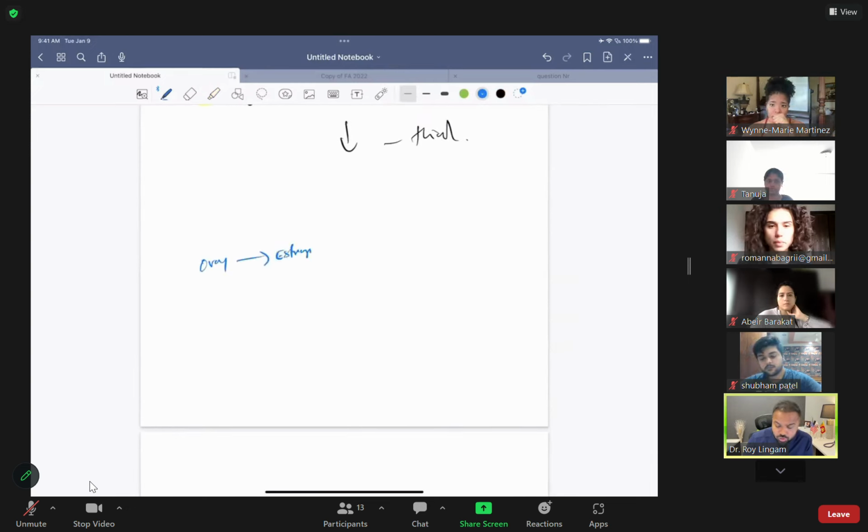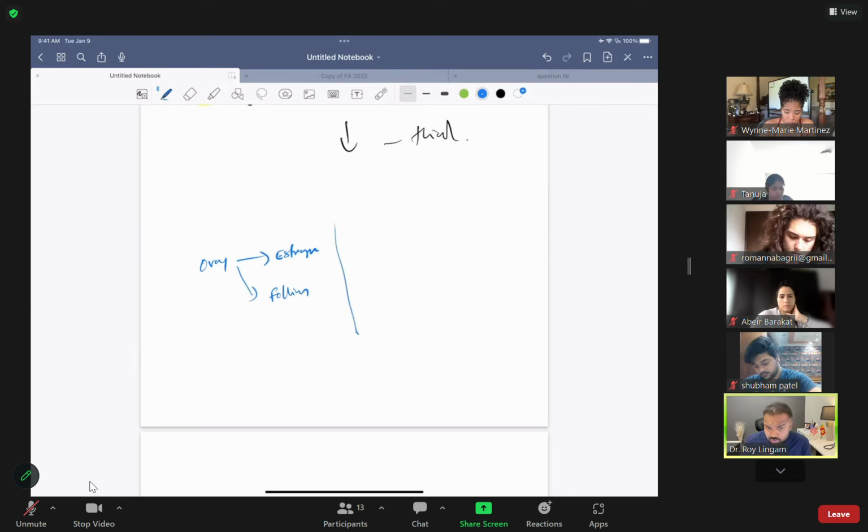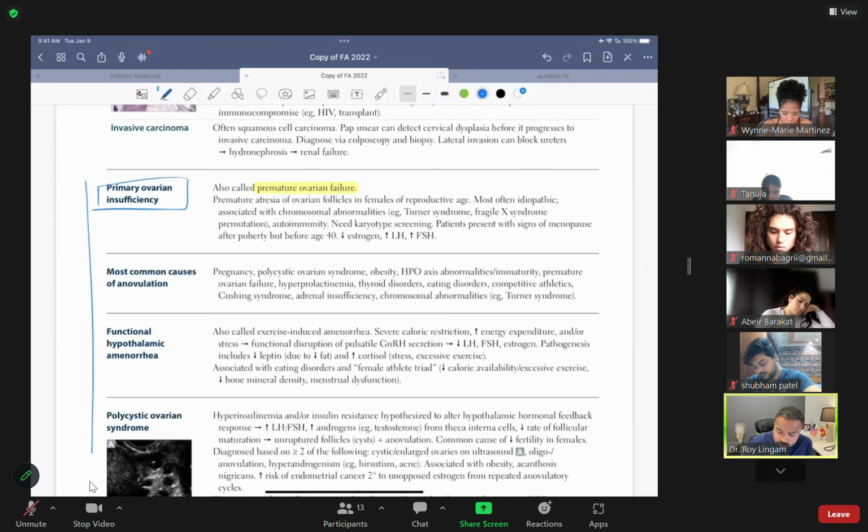Normally, the ovary fails after 55 when the person becomes menopausal. Is everybody clear, folks? That's what we call menopause, when the ovary fails. So anytime after 55. So for whatever reason, if the ovary fails before 40, that means way too early, we call that premature ovarian failure. It's basically menopause happening way too early. Because it's happening way too early, we have a different name for that disease.